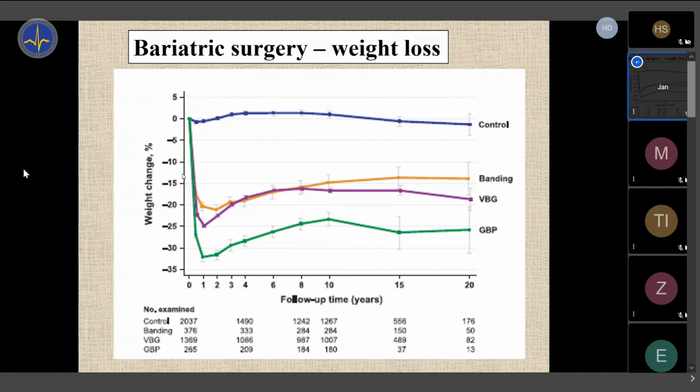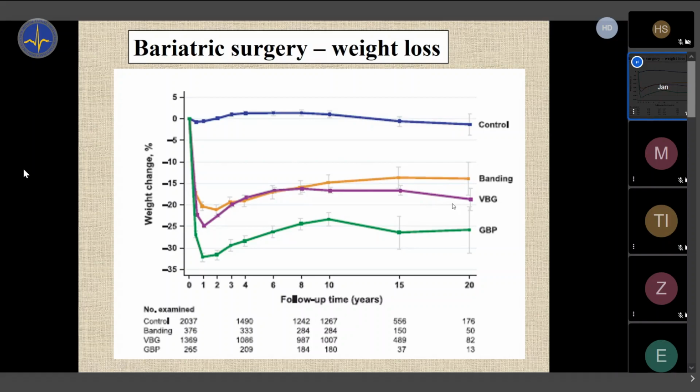I know we are a little over time. So what are the effects? Look at it, percent weight change, and on the x-axis, years, 20 years, right? Follow-up of 20 years. Again, I say these are not extravagant novel procedures. These are known for 30. This is one of the big studies. Look at the weight loss, definitely 25, 30%. The green line is gastric bypass, the more serious.